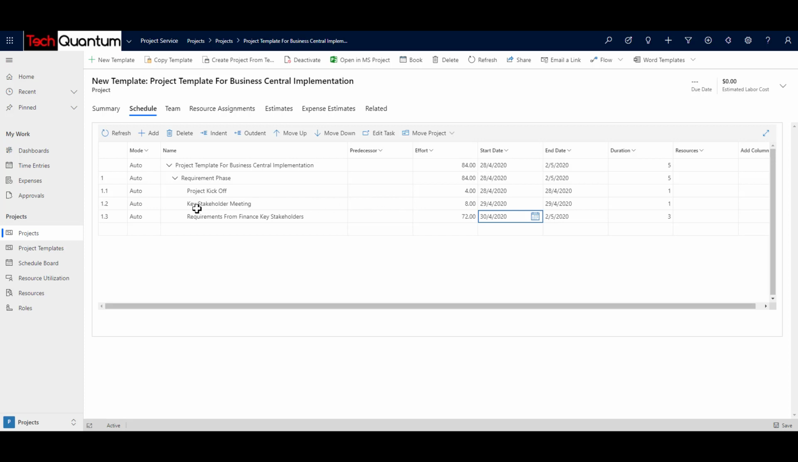So for example, in order to start the key stakeholder meetings, it's necessary for me to first finish the project kickoff meeting. So in this case, I will say that task 1.1 is the predecessor of this task, right? And similarly, task 1.2 is the predecessor of task 1.3, right? So this predecessor can be any task in the whole list. So in a way, you provide the system information on which task should come first before this task could really